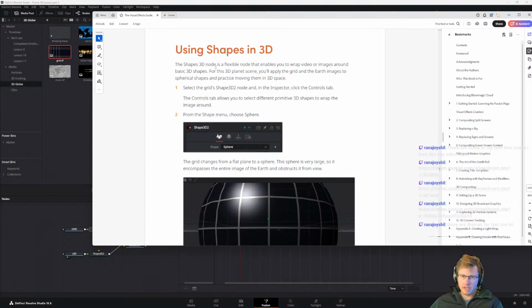So the Shapes 3D node is a flexible node that enables you to